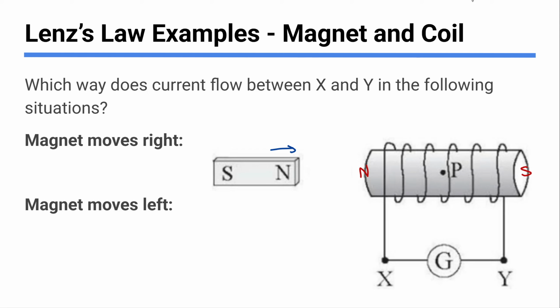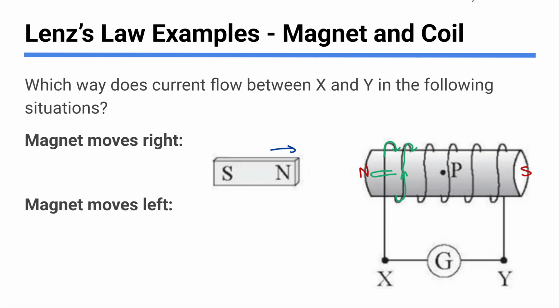So this current is going to go over the top then. If I curl my fingers in this direction over the top and then out and under at the bottom, that's the direction of the current that's going to give me a right-hand rule where my thumb points this way, and that means my north pole is this way. So if the current is flowing this way in this little coil, there's a north magnetic pole over here,